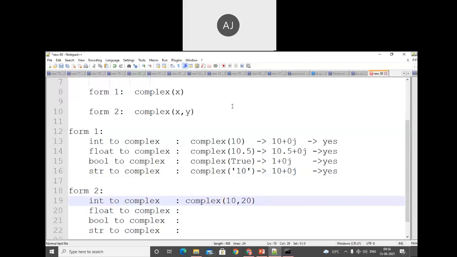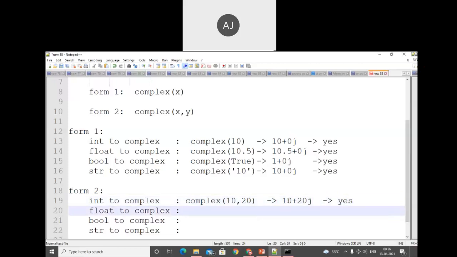So I'm trying to pass the value format of complex x comma y, meaning I'm trying to send two values. Assume the values are 10 and 20. Does it convert? The answer is yes. The int will be easily converted into the complex number. So we get the value like 10 plus 20j. We can easily convert this for complex form number 2.